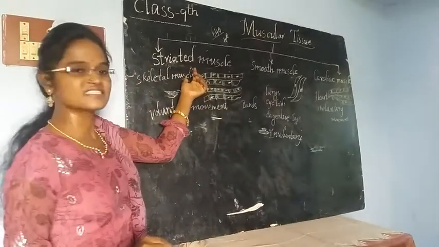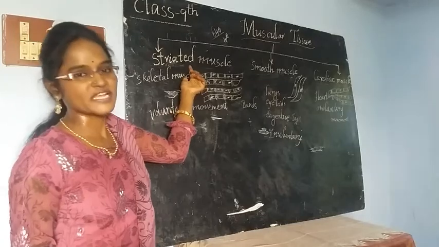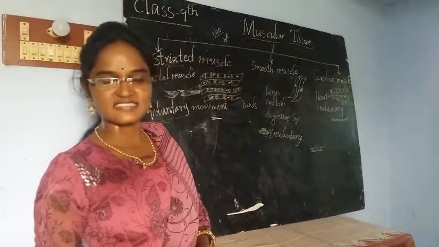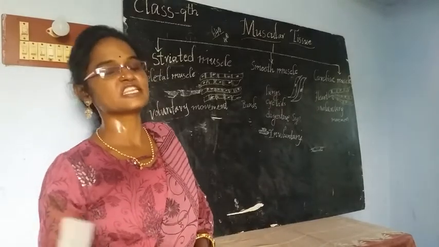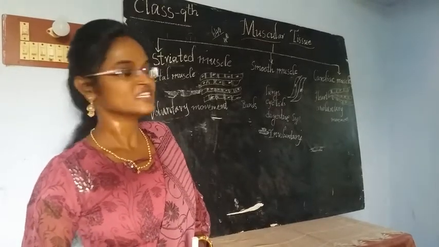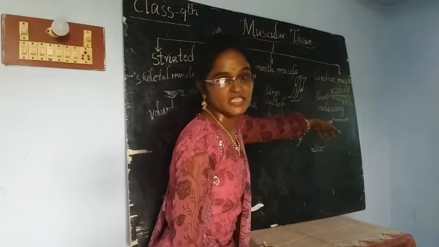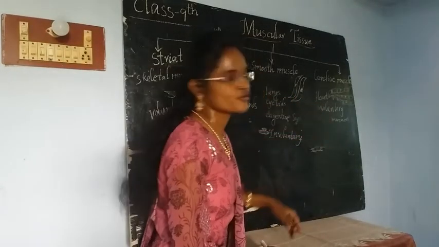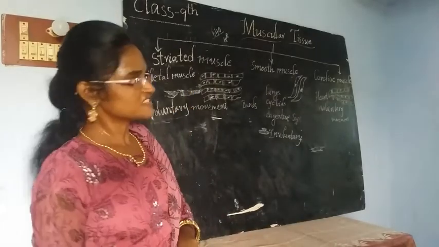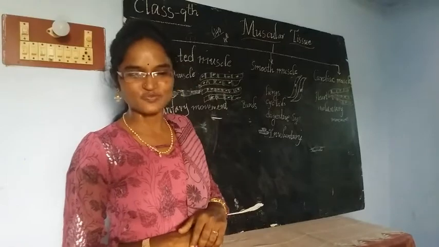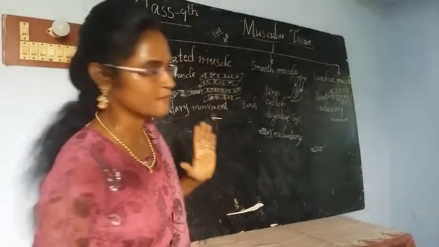These are the fastest muscles to show movement, and these are the continuous muscles. They may work continuously till our last breath. And they don't have regeneration capacity, and these muscles are not going to divide. These things you need to remember. This is about muscular tissue. Just have a little recap.